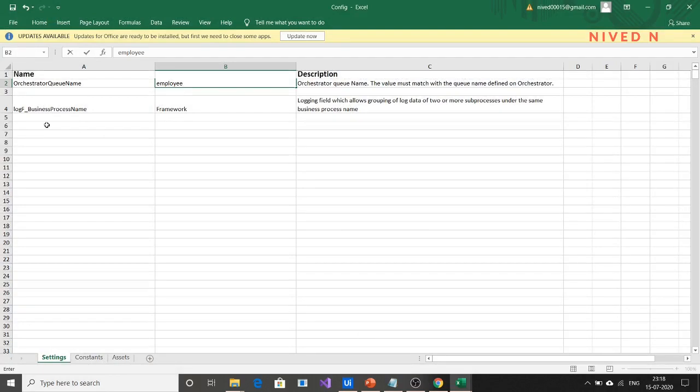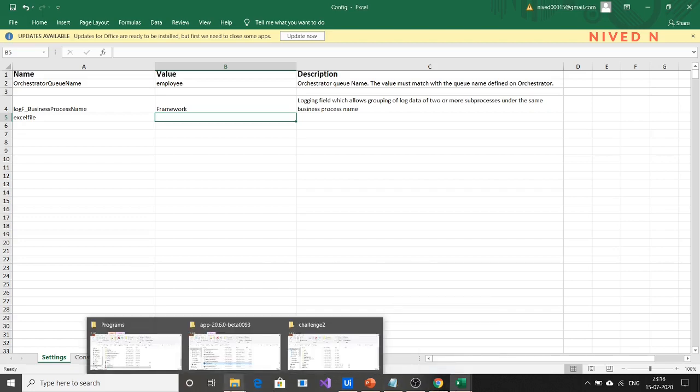Okay, and give the Excel file from which we have to transfer the data to the queue. So give the path of the Excel file. Let's say ExcelFile, and here specify the path of the Excel file. Since it is in the same folder as the workflow, just specify its name itself.